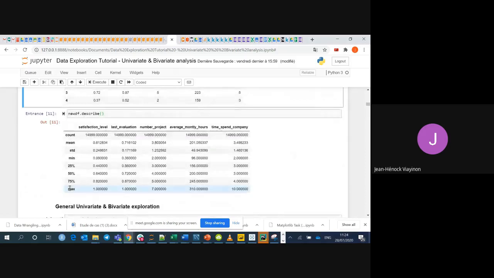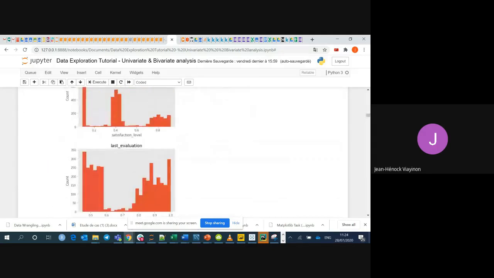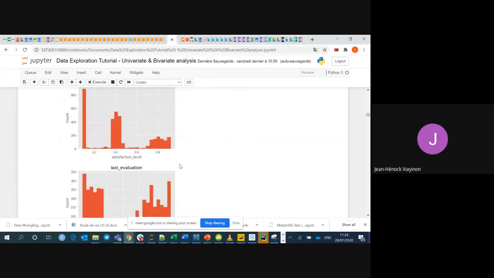Okay, right. So this is a kind of univariate analysis, but without any plot. For each quantitative variable, we just compute the count, the mean, the standard deviation, the minimum, the maximum, and the first, second, and third quartiles. It's a very useful summary for a univariate analysis, with no plotting. Just doing it like that.